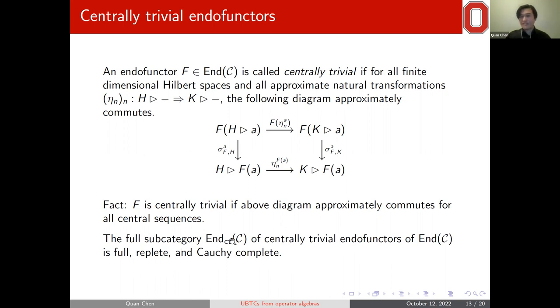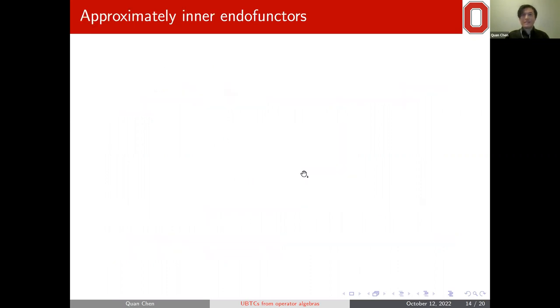Tensor subcategory. The tensor product, or composition, of two centrally trivial endofunctors is still centrally trivial. So this is the first category. Second one